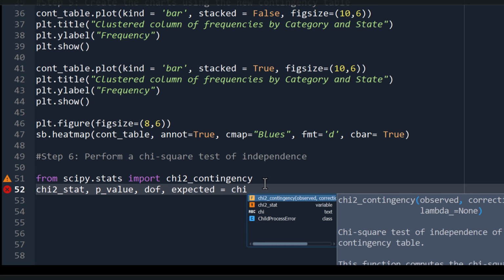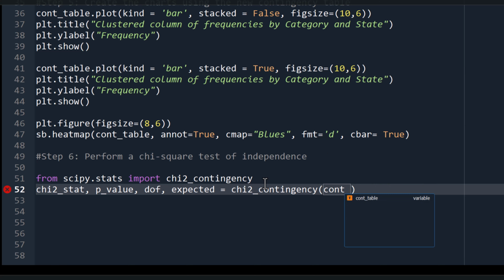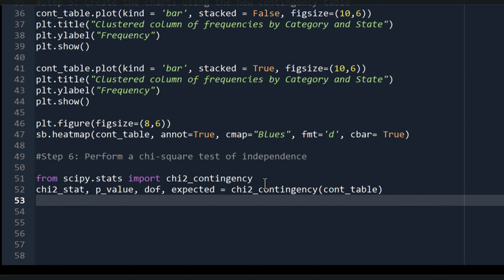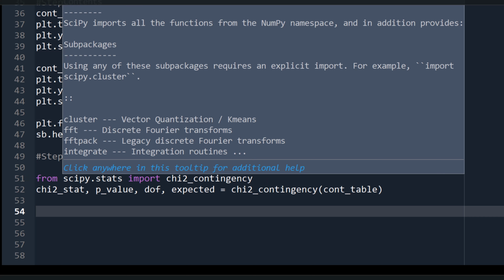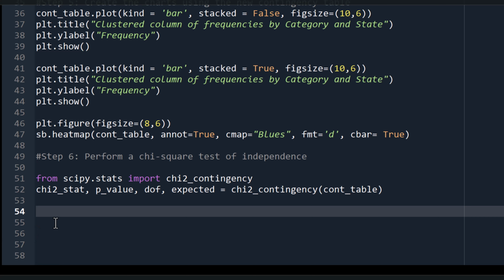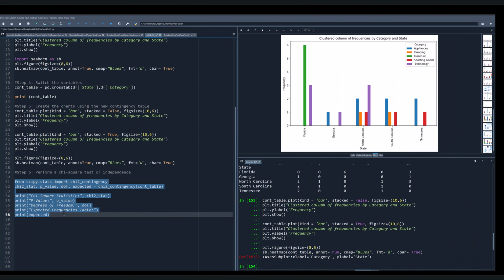So chi2_contingency, and we give it the contingency table. And then we can print all of these values, the chi-square statistic, p-value. Okay, so if we run this,